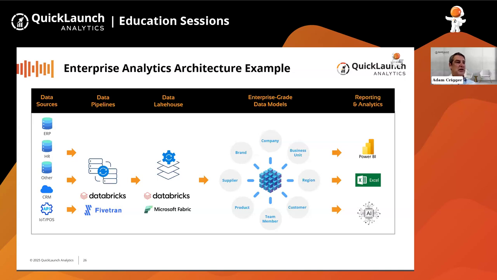So that's all happening on the data side of things. You'll notice on the far right, we have the reporting and analytics with Power BI, Excel, and AI. That data in the lakehouse becomes the requirement to actually run AI and build data science models. Databricks, as an example, and Microsoft are building out lots of functionality happening on the data in that structured form.